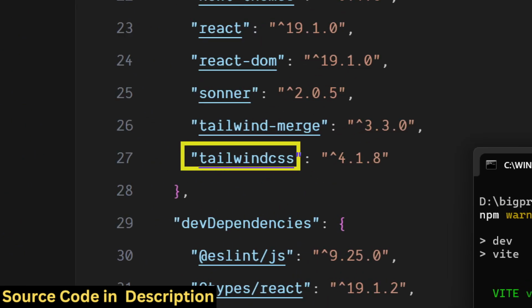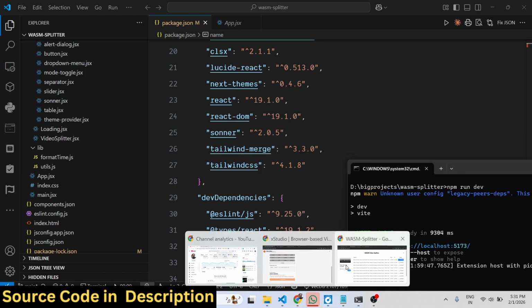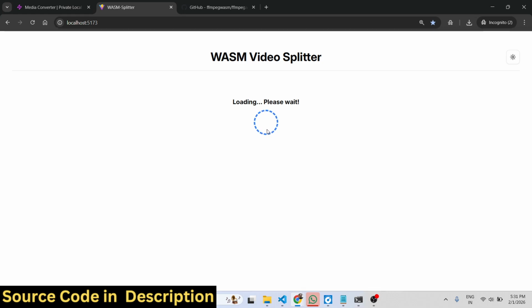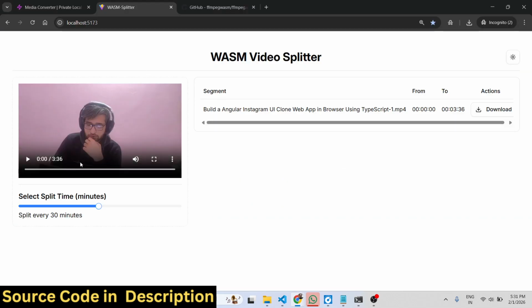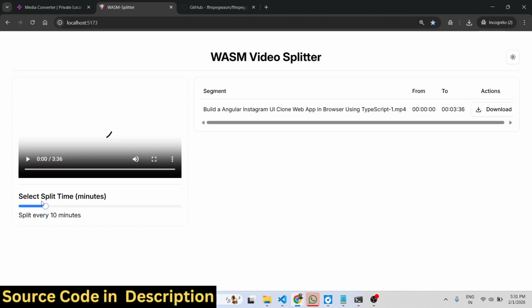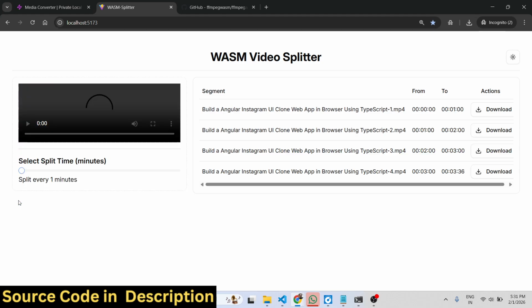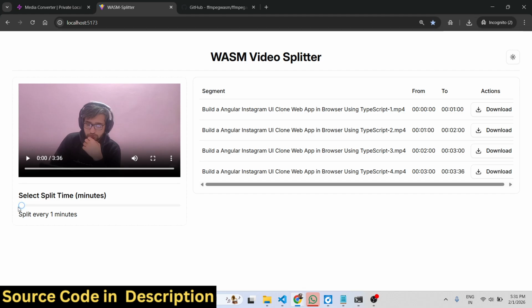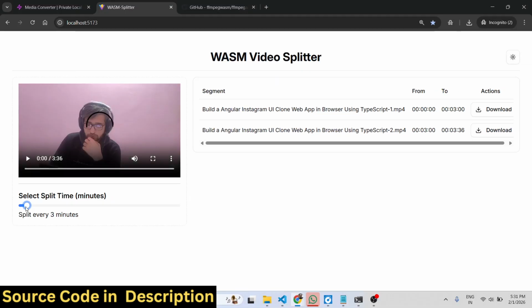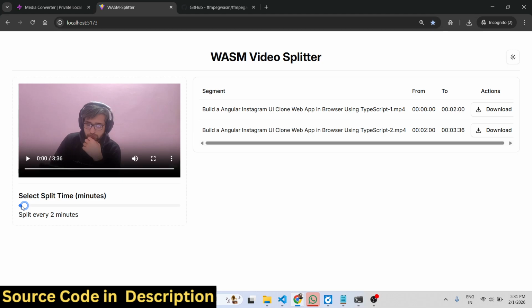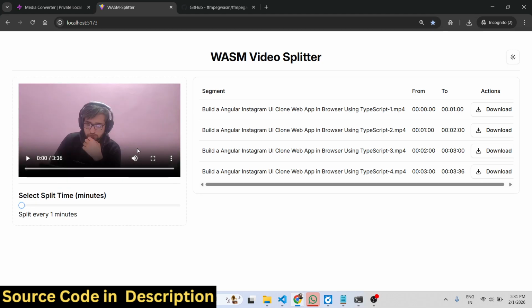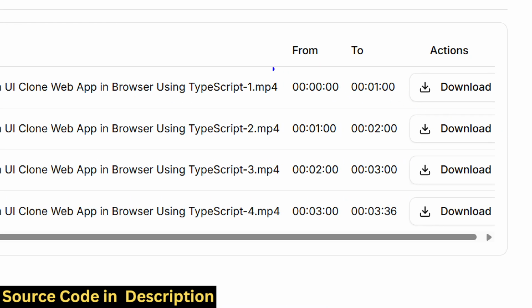We are also using Tailwind CSS. The interface is quite simple. You come to the application, and FFmpeg will load automatically inside your browser. Then you select any long video. The video will play in the video player, and using the slider, you can split the video after every 1 minute or every 2 or 3 minutes. From here you can select the actual time period, and based upon that it will create the